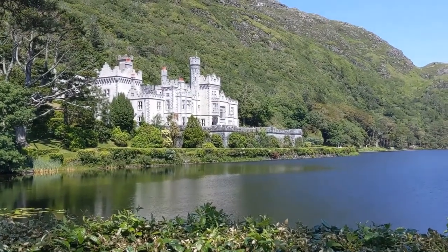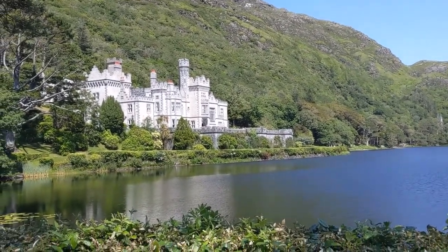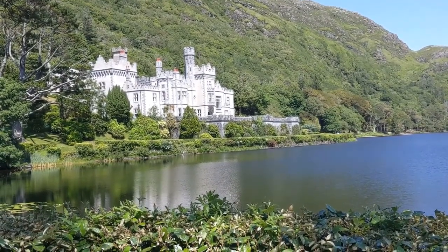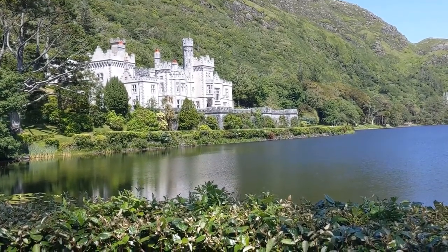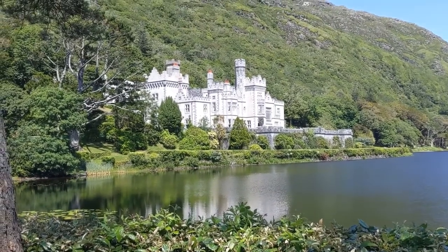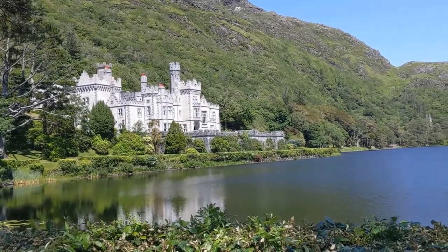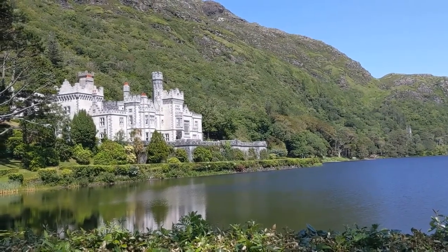Okay, here is Kylemore Abbey from the outside. I did go on the tour of the inside, and it was kind of disappointing. I mean, I wasn't expecting ruins. I knew it had been renovated, and it's not that old. It's like maybe a century or so. But yeah, it just sort of had a lot of multimedia stuff going on and videos playing and a lot of artifacts. And then they did a recreation of a formal dining room and formal living rooms and all that, which is cool, but I don't really care about that type of history, which is probably terrible for me to say as a historian, but I'm just not that interested in the Victorian time period and early 1900s opulence,